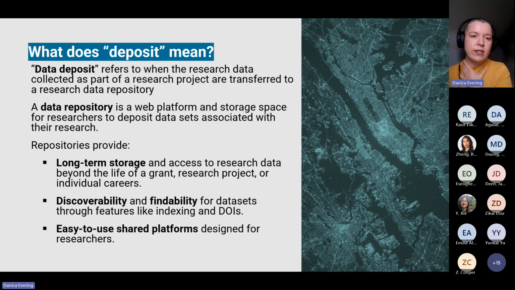And it allows for discoverability as well, because there are a lot of things like author and title and the link to the publication, a link to the data itself, that allow it to be more easily findable. So some of you might have heard FAIR in terms of science research: findable, accessible, interoperable, and reusable. And so depositing in a repository really supports those FAIR principles.